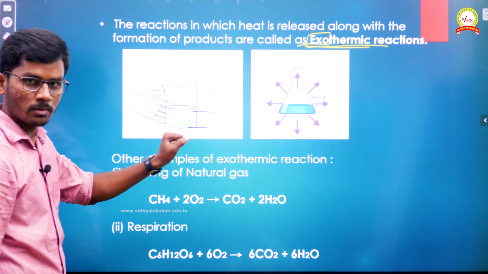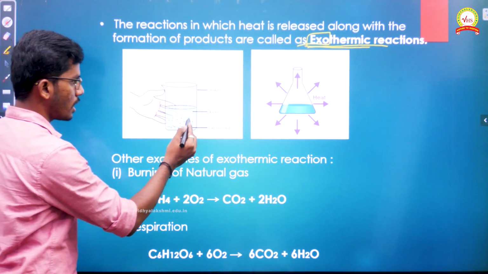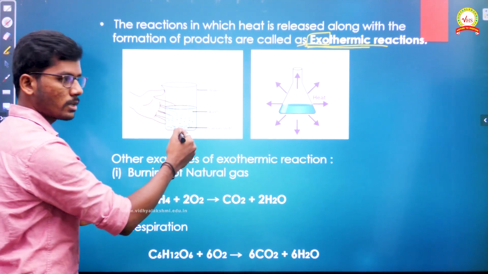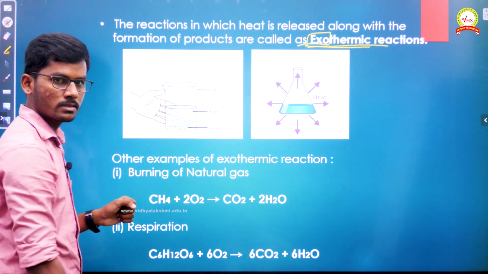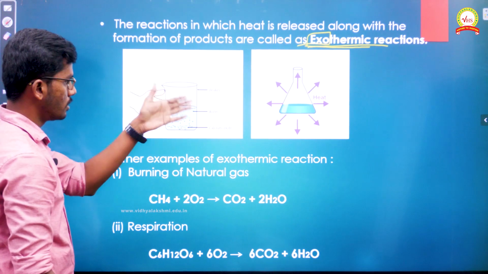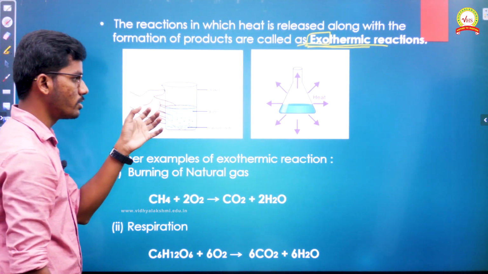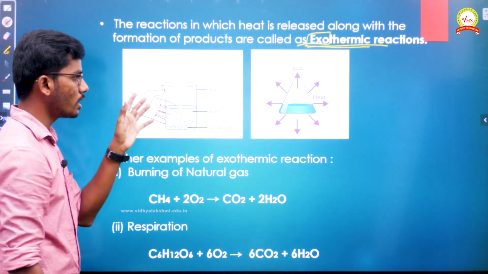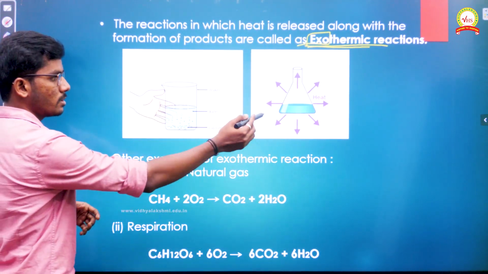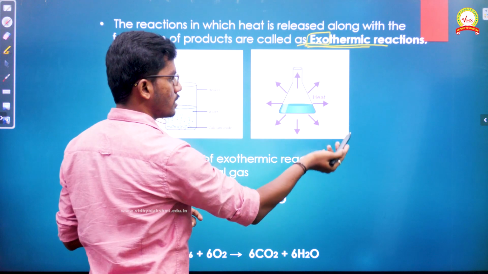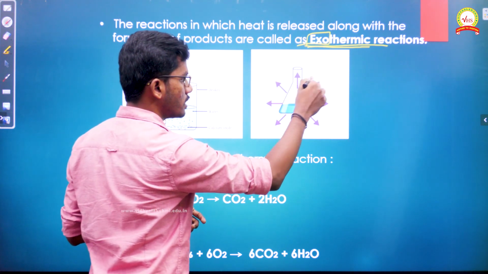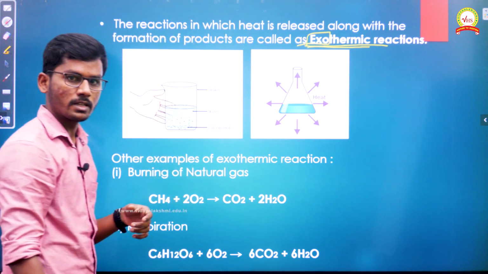So the same reaction, I'm just considering it again. You just see calcium oxide, that is called quicklime, is added to water in a beaker, and the reaction is happening. If you touch the beaker, you could feel that it would be somewhat hot. So with that, we can predict or assume that heat energy has been released. With this image, you will be able to easily recognize. So this is a container where the reaction is happening and the heat energy is getting released after the reaction.